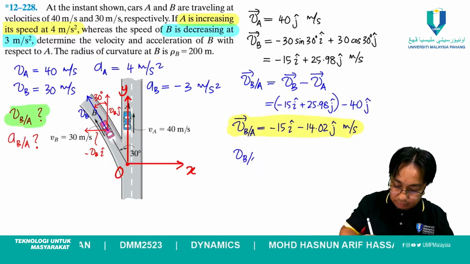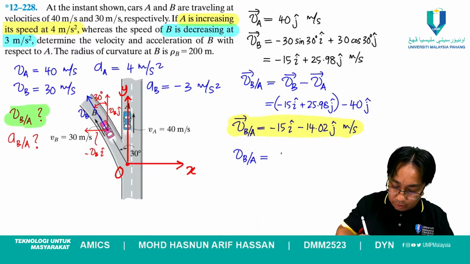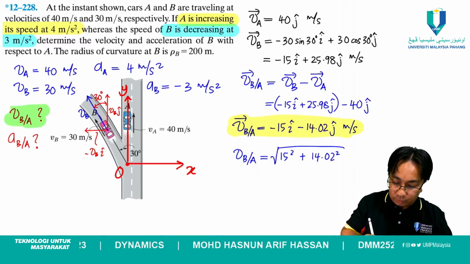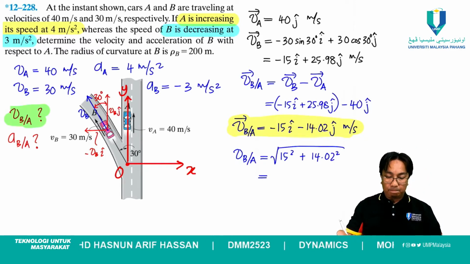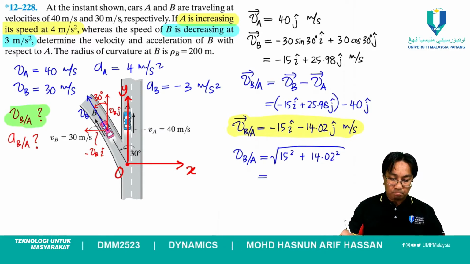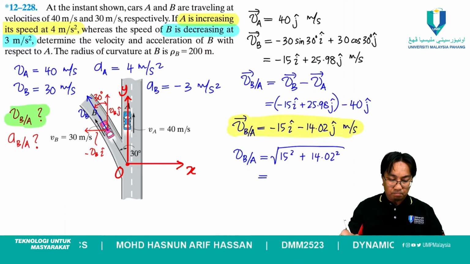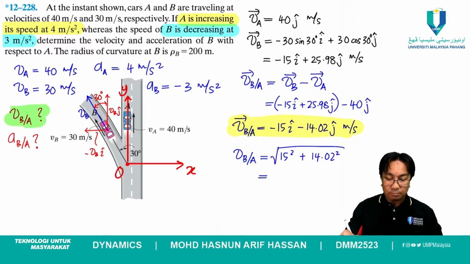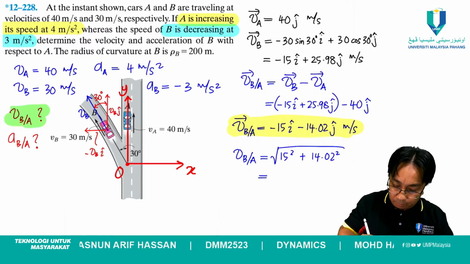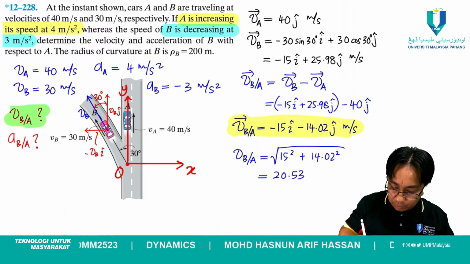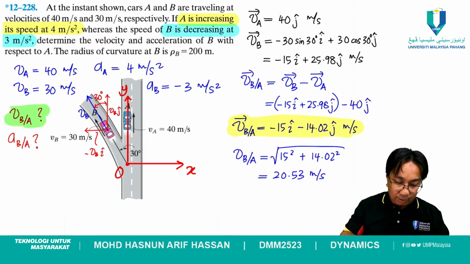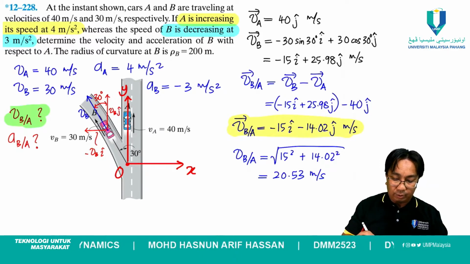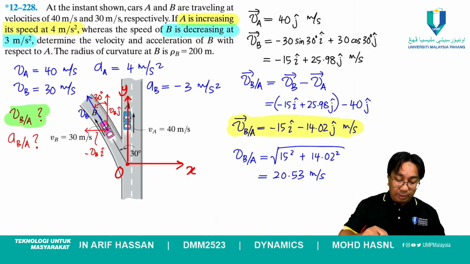Okay, VB slash A, the magnitude, this will be 15 square plus 14.02 square and then square root. Okay, so what do we get for the magnitude? 20.53. Okay, 20.53 meter per second. So this will be the magnitude of VB slash A. And also we want to find, did they ask for direction? Determine the velocity and acceleration of B with respect to A. Okay, they did not ask for direction, but if we want to calculate direction, I mean the angle like before, we can